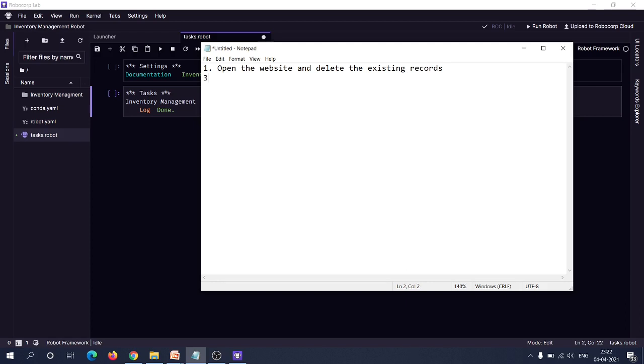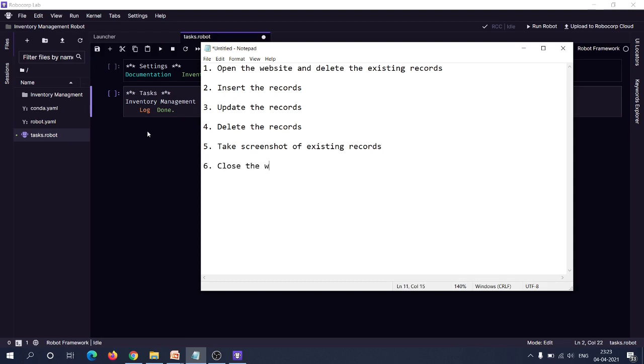And after doing this first step, what is the second step? The second step is we have to insert the records. And the third step is we have to update the records, and the fourth step is we have to delete the records, and the fifth step is we have to take a screenshot of existing records, and the last step is we have to close the website.